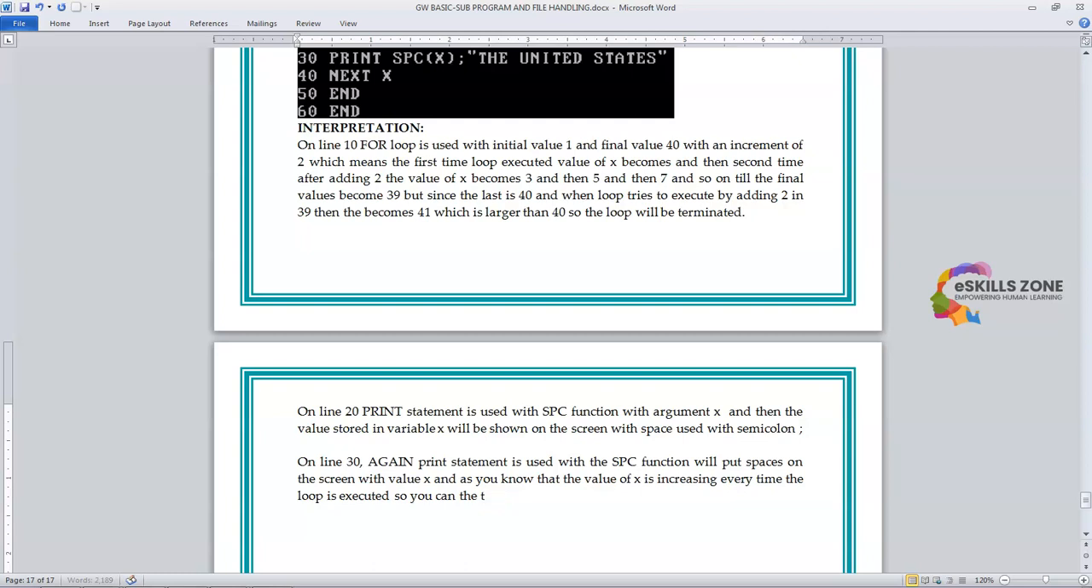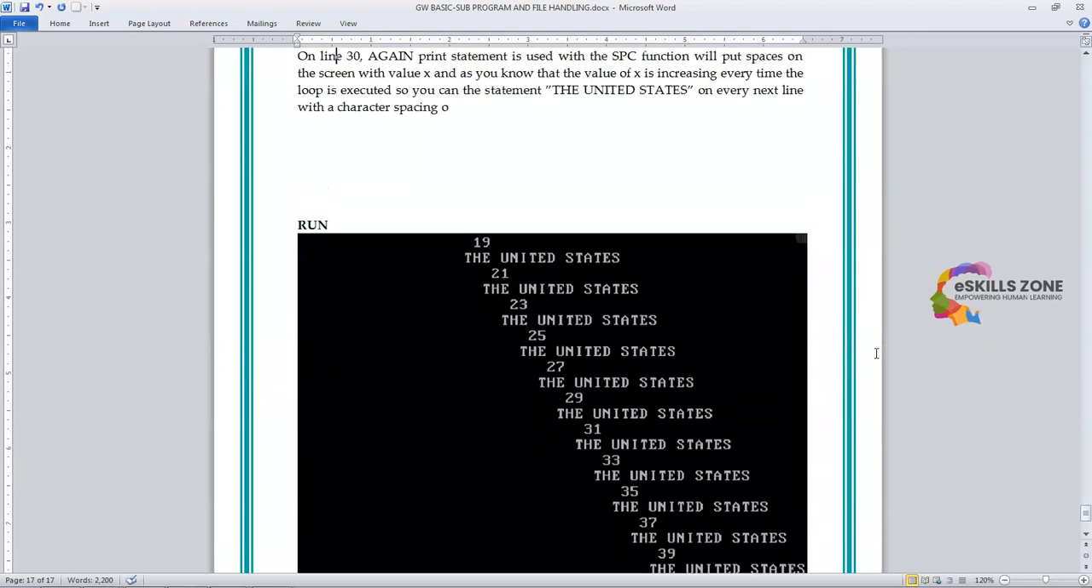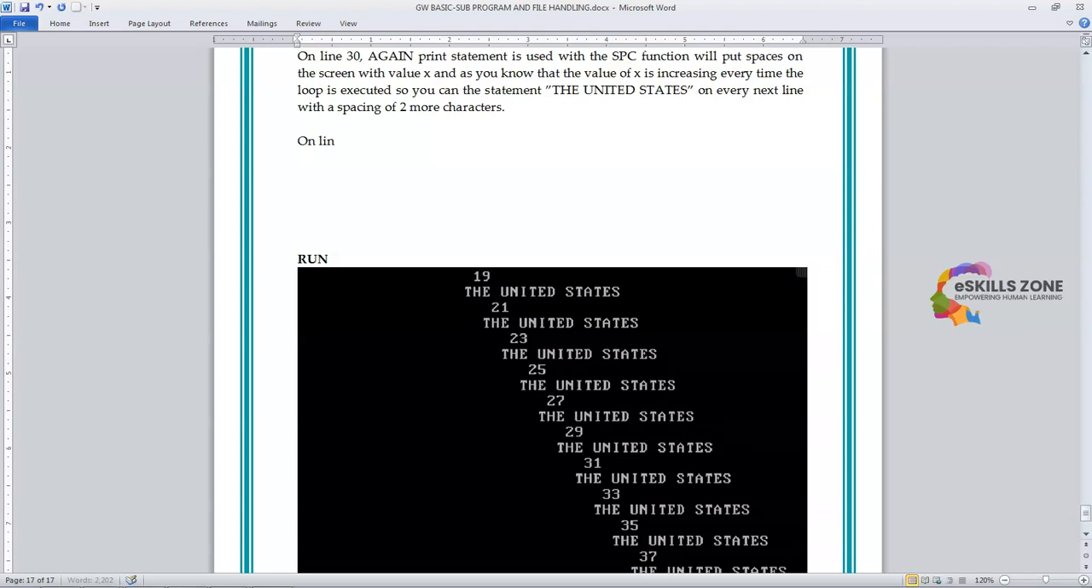So you can see the statement, the United States, on every next line with a character spacing of 2 more characters. On line 40, NEXT X is used for